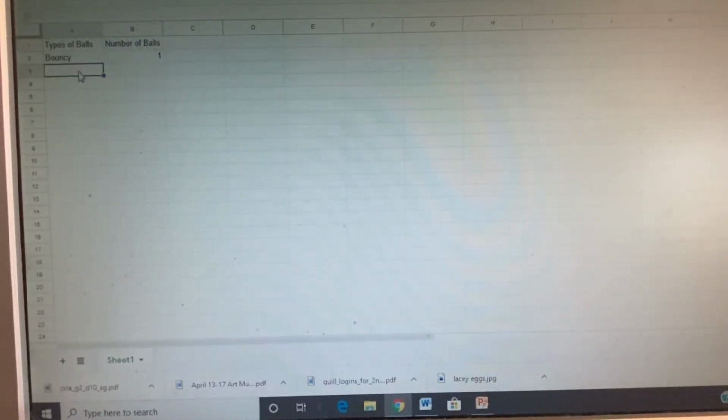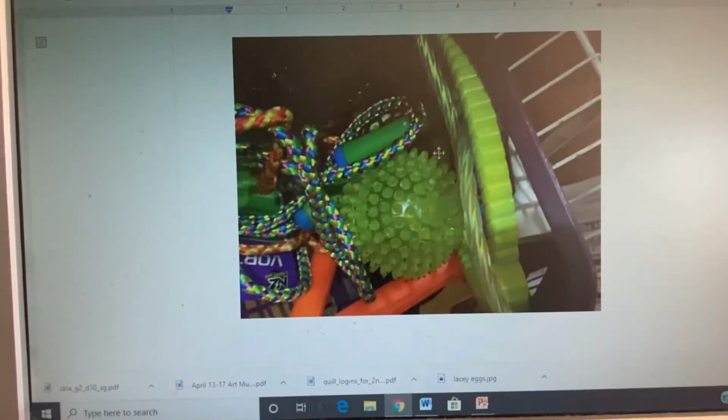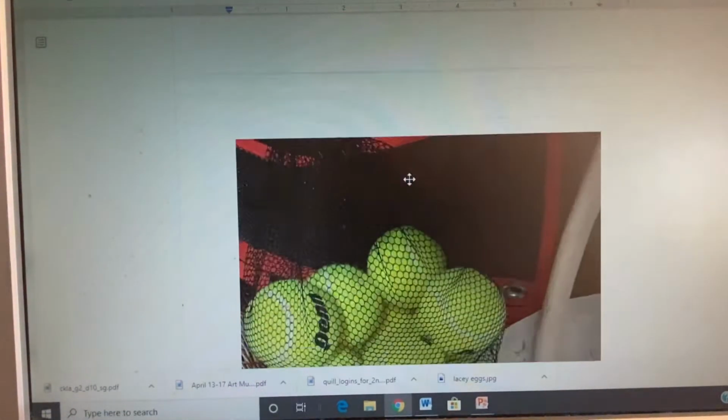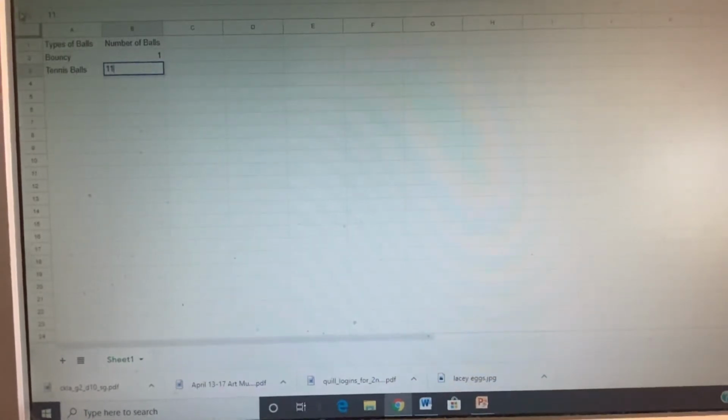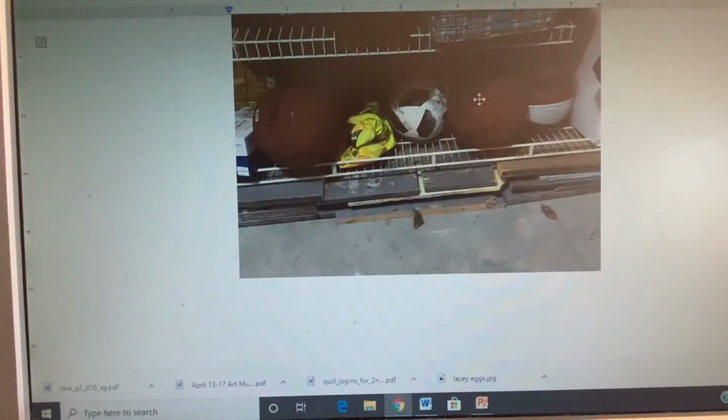Okay. And then we go back to my pictures. So there you can see the bouncy ball. I also had some tennis balls and I took the picture and then I counted. There were 11 tennis balls in there. So back on this page, tennis balls, 11. Okay. Go back to my data collection. I've got some basketball here and I've got some soccer balls. I've got 1, 2, 3, 4 basketballs and 1, 2 soccer balls. So back in my sheets,